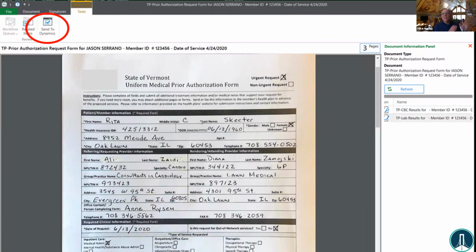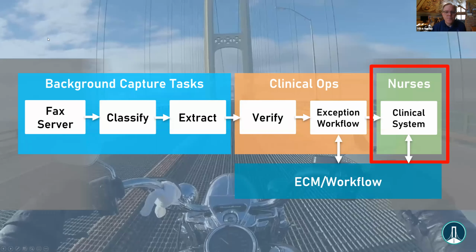Finally, at the last step in the process, I have this sending off to a product called Dynamics, but at the end, we can create a list of tasks that people can do, maybe send it off to somebody else for review. The system in the background might go, oh, this person completed this, but it also needs to go through this review. But if I'm completed with it, I can also just quickly send the information off to Dynamics or send it off to another system that would ultimately process it with the nurse. I call that a clinical system, but you get the idea. We want to click that send to Dynamics button and send it off on its workflow.